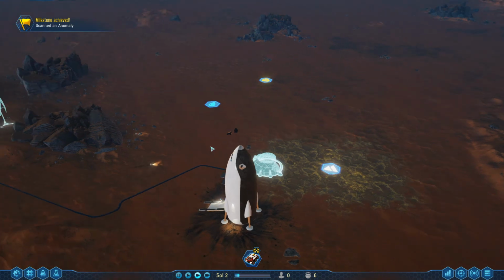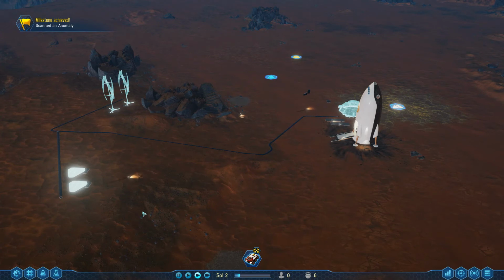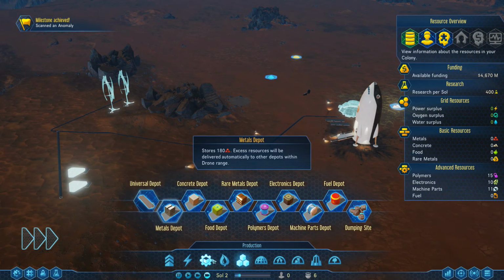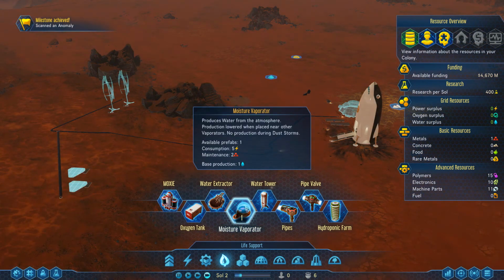We can actually speed up time here. We don't have to wait for vast quantities of time for them to do everything. We can set it to maximum speed. We're also going to need to start generating some fuel, for which we're going to need...